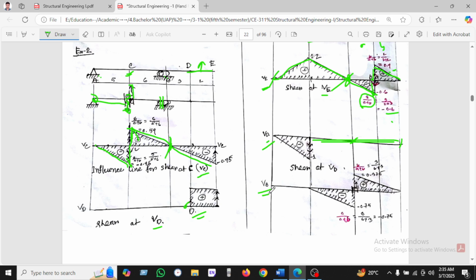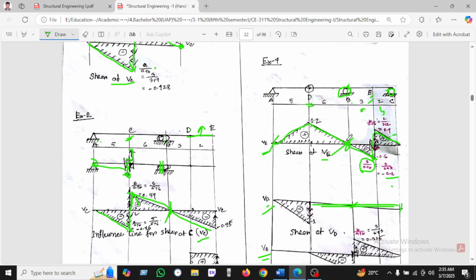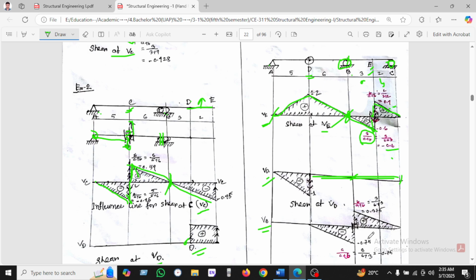So shear at B, this is the B, at the point of the support. So we are taking it here in bottom, in downward. So this will behave like this, as this is the pin support, and this is the roller support we have seen here, and it will be like this. Okay,